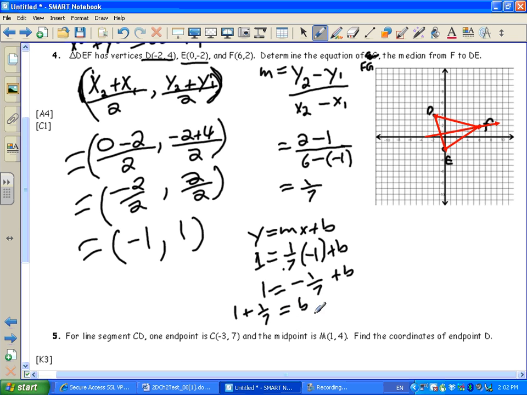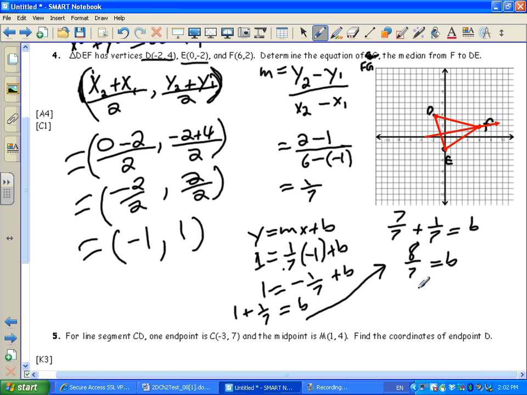Okay, now just draw an arrow to that little space there. Good. Now we need to make the 1 a fraction, and we want to make the denominator 7. So it's actually going to be 7 over 7 plus 1 over 7 is equal to b. And 7 over 7 plus 1 over 7 is 8 over 7